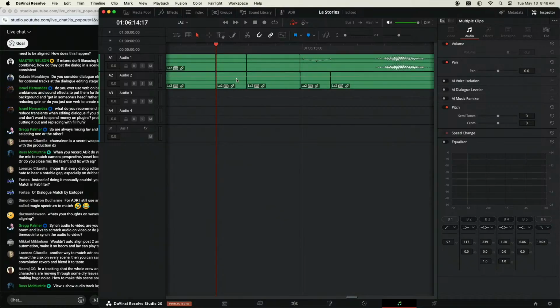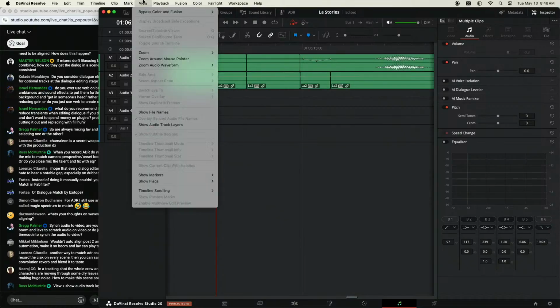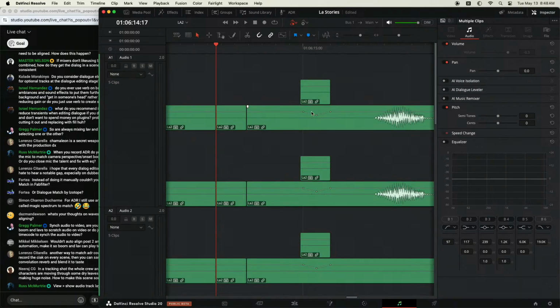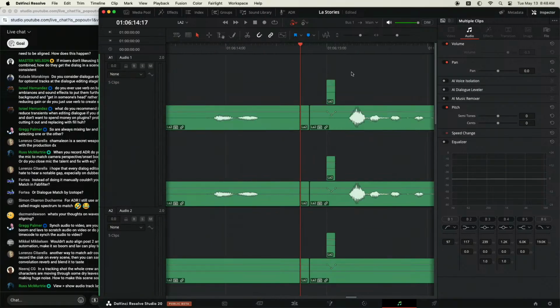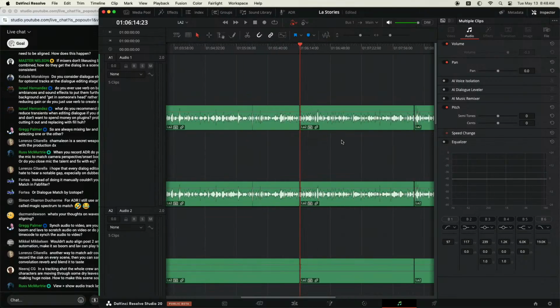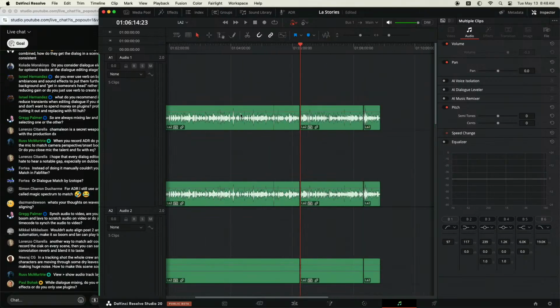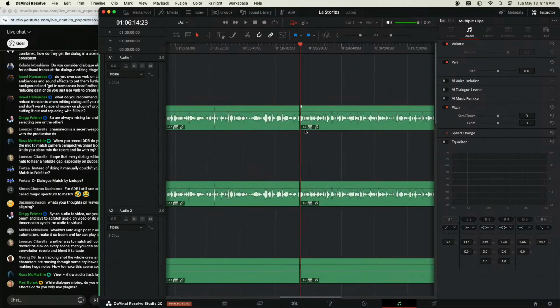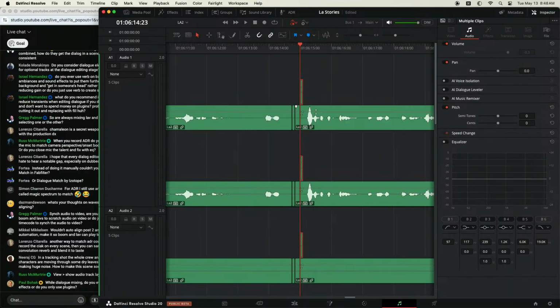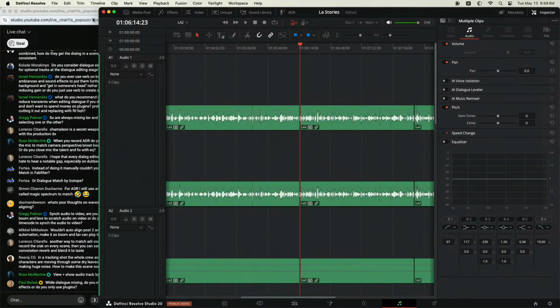So here we go. View, show track layers. Thank you. Oh, yep, that's it. No. Oh, okay, there you go. Okay, so it did do it. I just couldn't see it for some reason. So yeah, you can copy and paste over the top, and that's fine. This is a little weird because it's a multicam clip, so it's got a bunch of layers. But yeah, fill over the top, and it should be fine. I should be able to do that, but I can't. So yeah, good question.